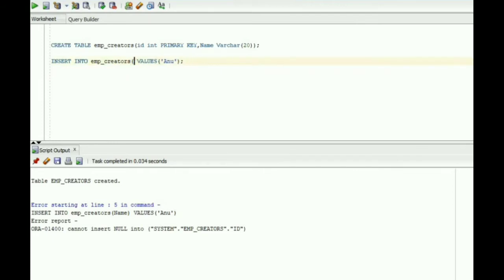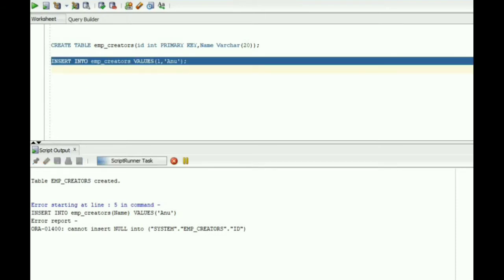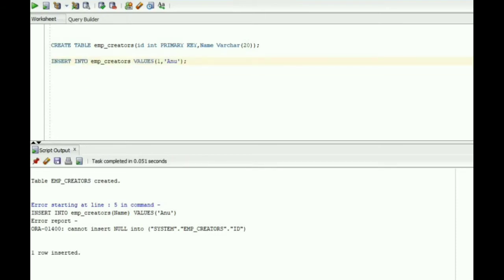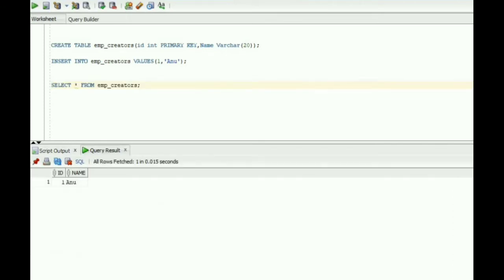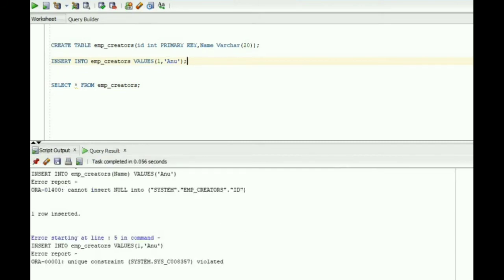Let me insert another row with all the column values. Now you can see one row inserted. Let me fetch the data from the table. You can see one row inserted. Now again I am inserting the same row.